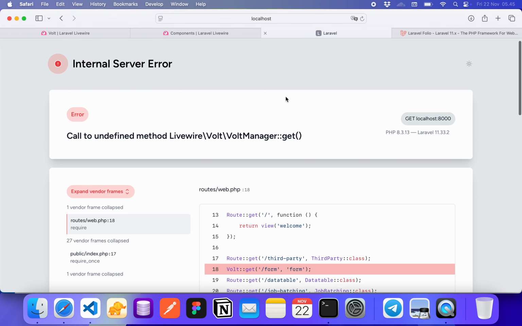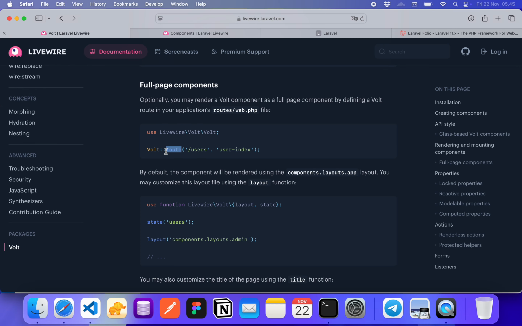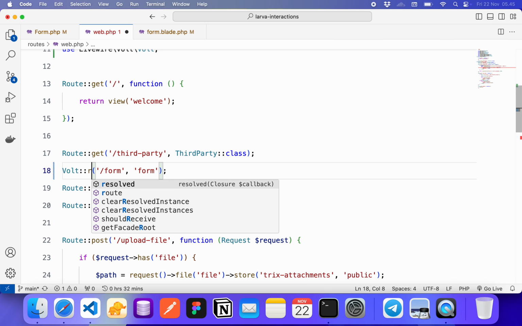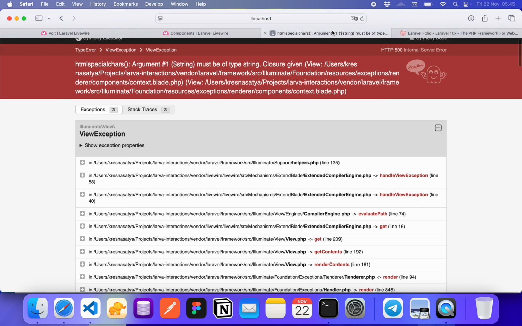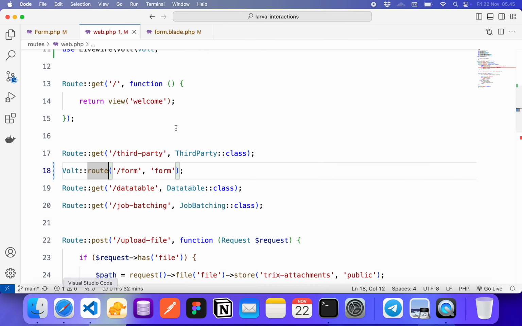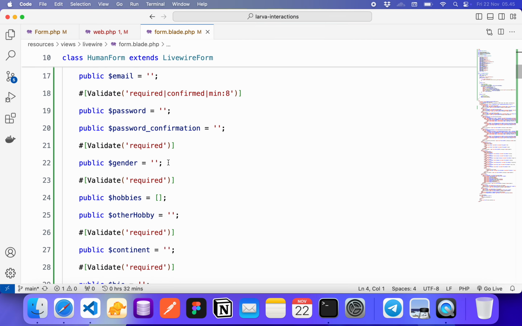Okay, let's see. Okay, I get call to undefined method. I mean Volt::route. Volt route. Okay, htmlspecialchars must be given a string, blah blah blah. Okay, the different thing right now is